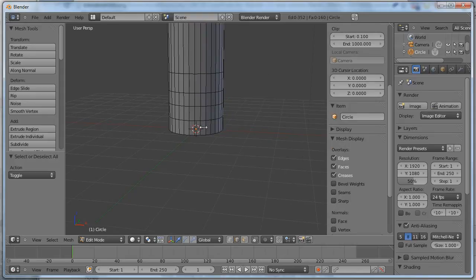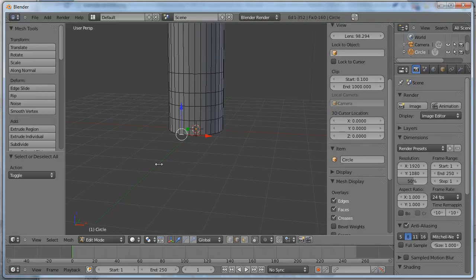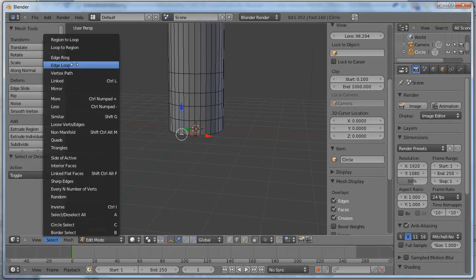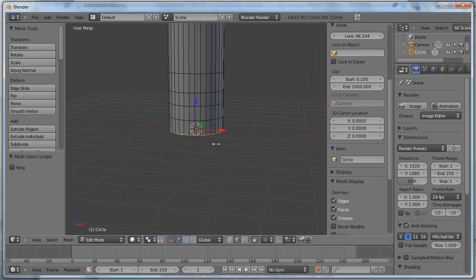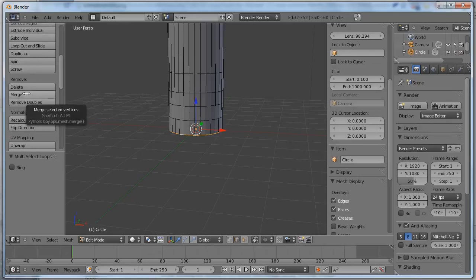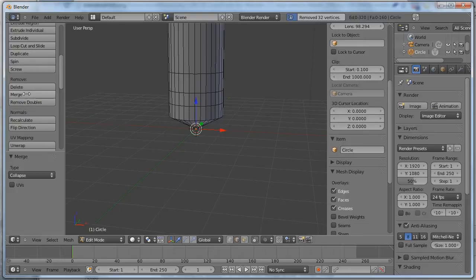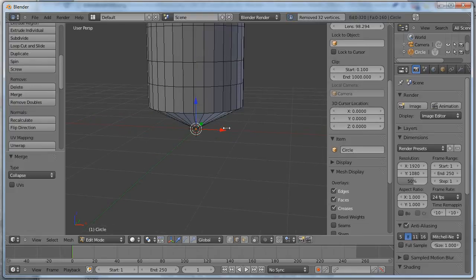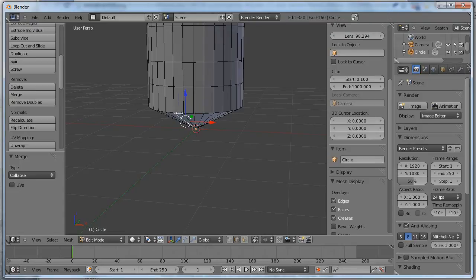So A for deselect all. I'm going to right click. I have the edges selected. I'm going to right click on the edge and select the loop, and I'm going to merge and collapse the loop. I can use the merge command from here on this menu item and collapse, and now I have a collapsed loop. Now I'm going to go ahead and select this edge,